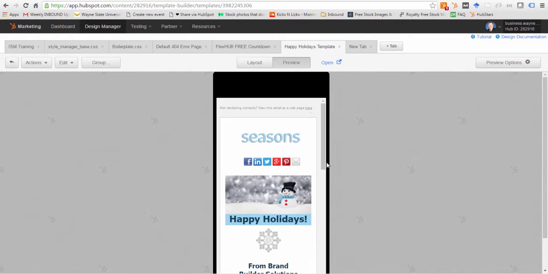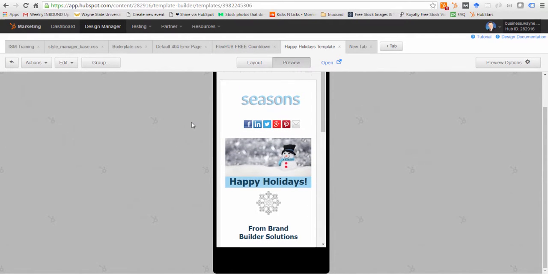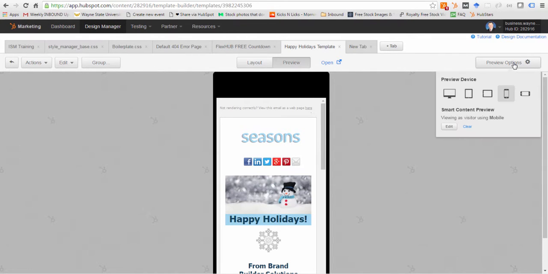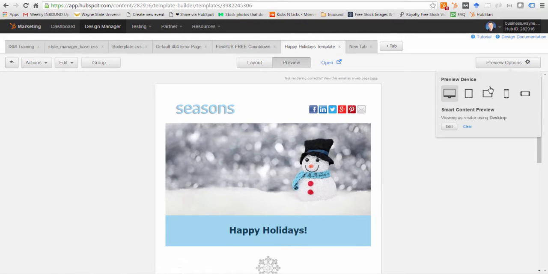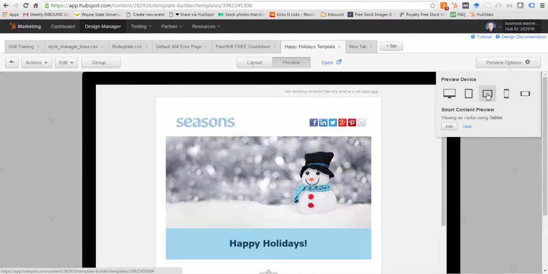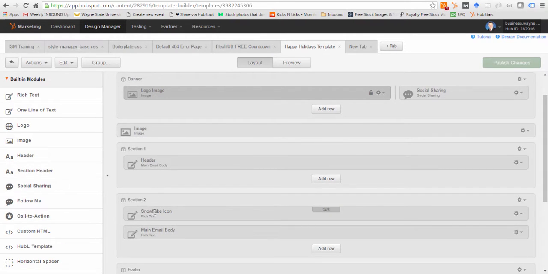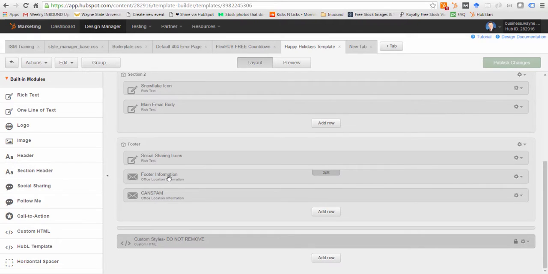So we select preview, and you can see what it looks like on a smartphone or mobile phone. You can do the preview options, and you can modify it so that you can see it on a desktop or perhaps a tablet in landscape mode. Now that you've seen it, let's look at the layout. For the quick purposes of the assignment, we're not going to modify anything. You can see that it had the image for the snowflake icon, the main body, footer information,